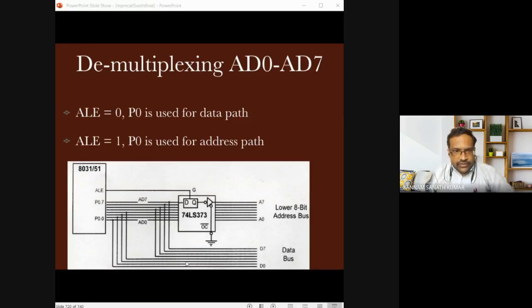When ALE equals 1, it separates, that means you get the output of the latch as the lower order address. Like this, it separates the address and data lines. When ALE equals 0, you get the data; when ALE equals 1, you get the address. So this is the demultiplexing of AD0 to AD7.